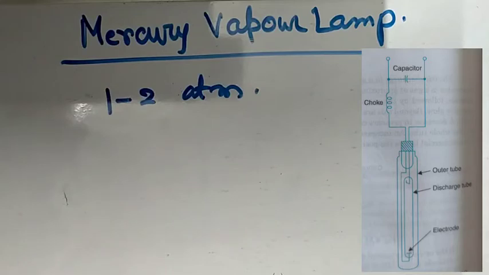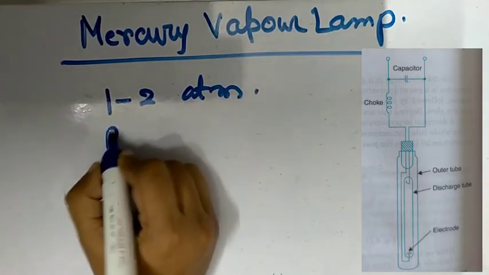When the mercury vapor lamp is in use and, say, it goes out, it will not restart until it has cooled down and the vapor pressure has fallen to a value sufficiently low to allow restriking of the discharge in the inert gas. The overall efficacy of the bulb is approximately 35 lumens per watt and the power factor is 0.65.